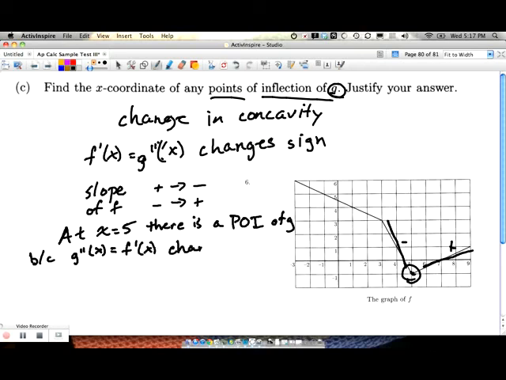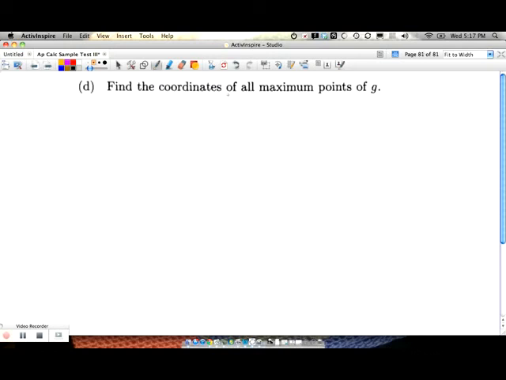That's it. Is there a part D? There is. Find the coordinates of all maximum points of g. When does g have a maximum point? Well, we can think about when g prime of x equals 0. And g prime of x is really equal to f of x. That's the only type of place that would happen. And that means that g prime of x has to change from negative to positive. So that means that f of x, pardon me,